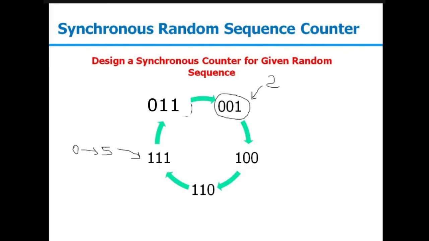Even if I am considering 0 to 5 as don't care. Otherwise, in the second method, you can pre-assign any value to 0, 2, and 5, and then you can solve. Hope this is clear, how to check the lockout condition and how to design the circuit for any given random sequence.